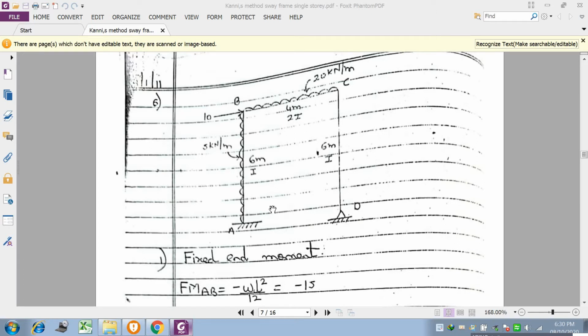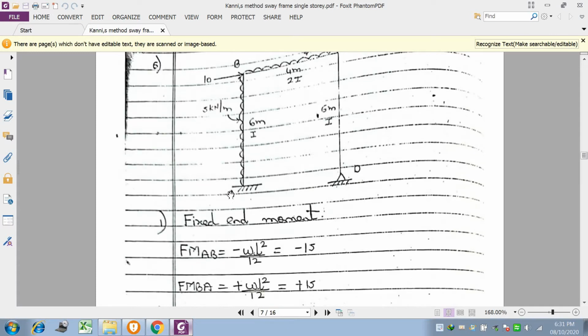I have taken this numerical because, in addition to the last numerical that we have already seen in our last lecture, here an additional horizontal UDL is also applied on the column. Because of this 10 kilonewton and 5 kilonewton per meter effect, the column shear will be transferred to the beam. So there will be an additional part in this numerical, therefore I have taken it, and this type of numerical is also asked in your examinations. Okay, so let us see.